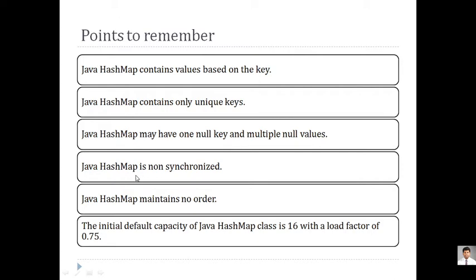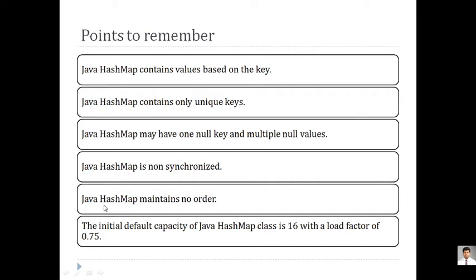Then the next important thing is that it is non-synchronized. Non-synchronized means it is faster for execution, so you can execute this hash map faster compared to any other type of map. It is non-synchronized, but you can convert it into synchronized also. There is a separate class. We have already converted a hash set into synchronized. There are some classes and functions for making it synchronized, so the same can be implemented here in a hash map.